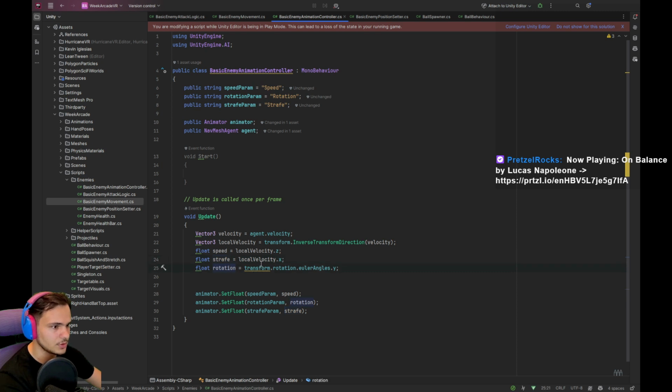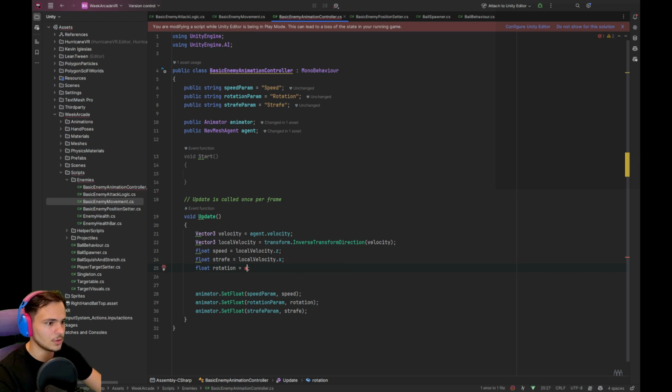And instead of this, we want agent angular speed. So let's do float angular speed. And that is going to be agent.angularSpeed. No,